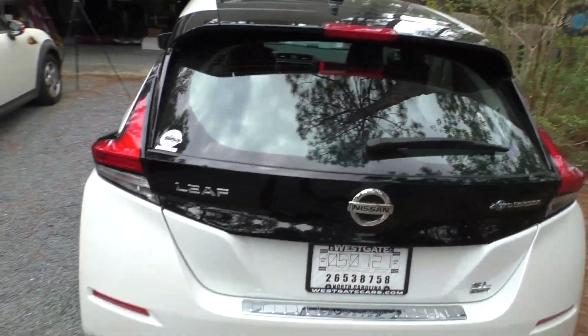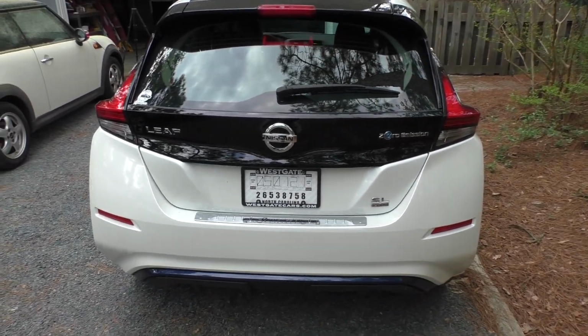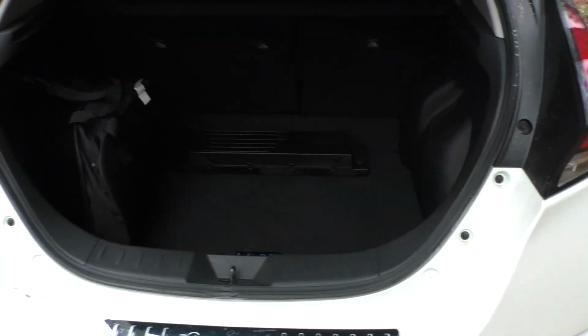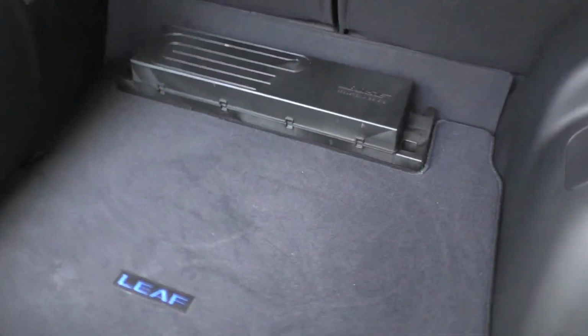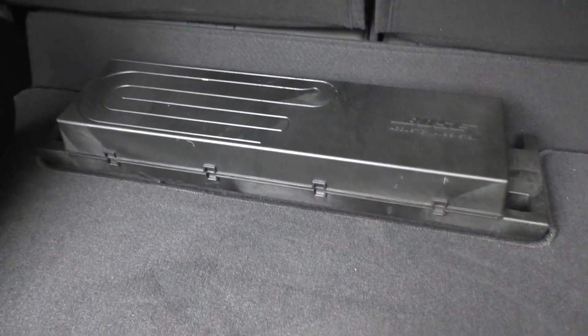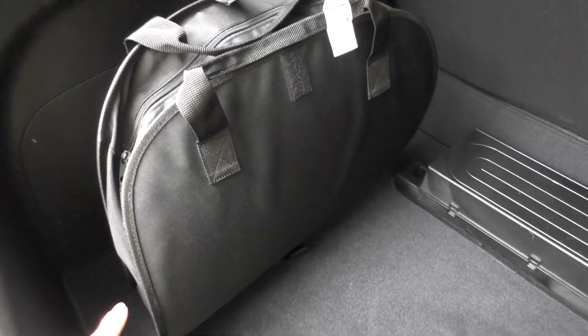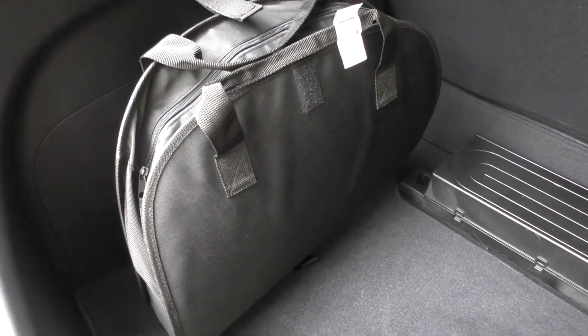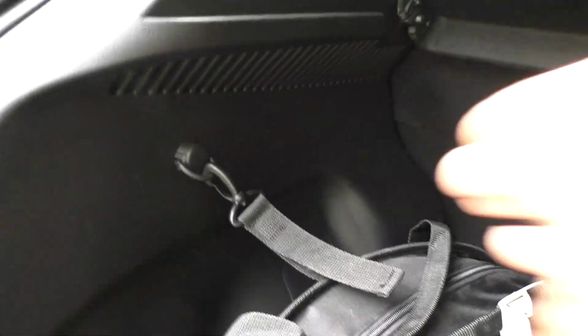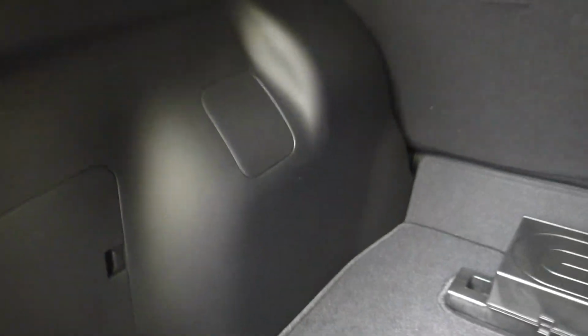It's deceptively large on the cargo area. You first open it up, you kind of get the impression that it's small in there, but it's actually quite spacious. There's a lot of room in here. That's the Bose sound system, subwoofer, and this bag has the EVSE in it from Nissan. Also has an emergency roadside kit, a first aid kit, and then since the car does not have a spare tire, what it does have in this little pocket right here